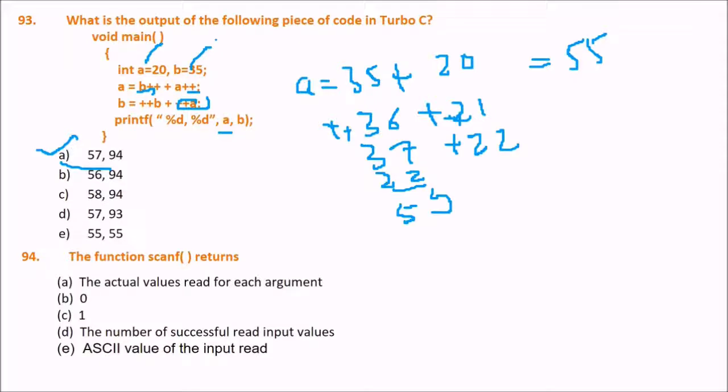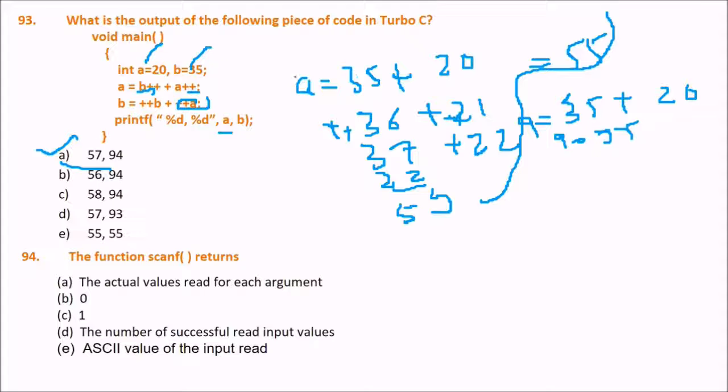But let me tell you what is actually happening here. Till here it is all fine. This is B plus plus, A plus plus. B plus plus A plus plus means B will be 35 and A will be 20, no problem with that. So 55 will be assigned to A, so A will be 55. But now A plus plus will take place, so A will be changed to 56. Now plus plus A, that means 56 incremented means 57, right? So A will have a value of 57.